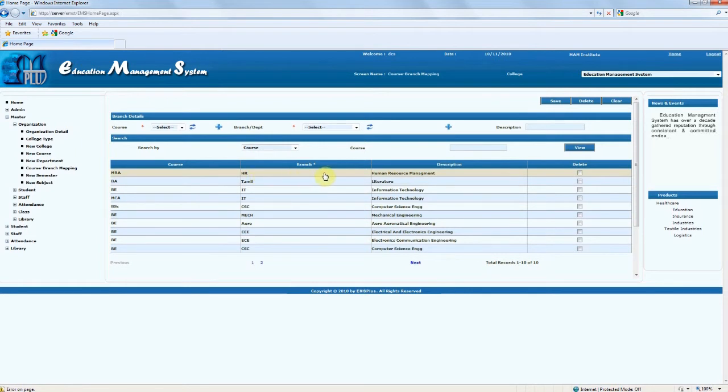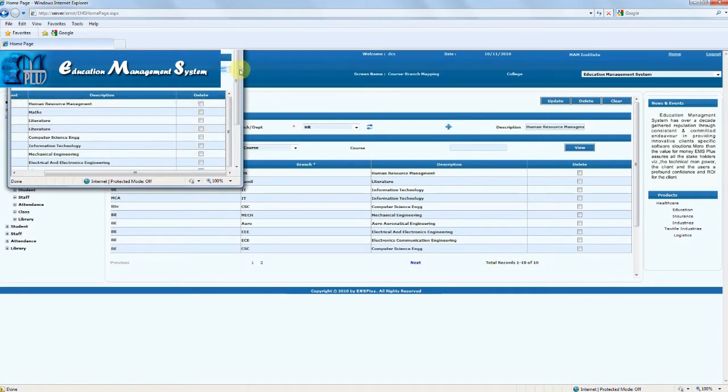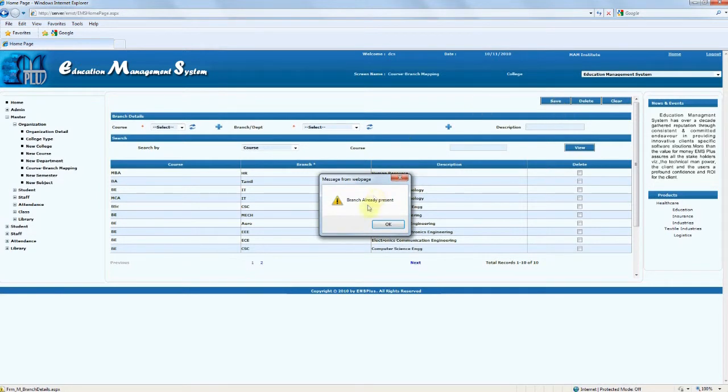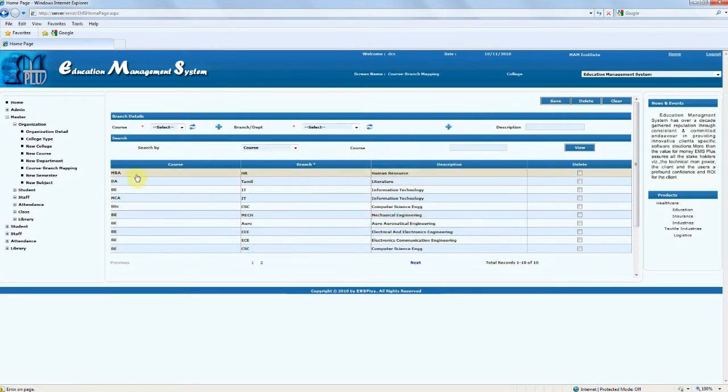Once saved, you will be able to see the inserted record in the grid found below. To make changes on the existing record, double click on the required cell, which will allow you to make changes. The data will appear in the relevant field for update. Click on Update to complete the transaction. Click on OK to ensure update.